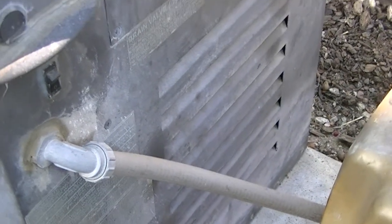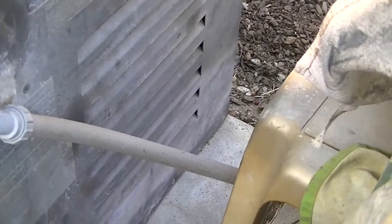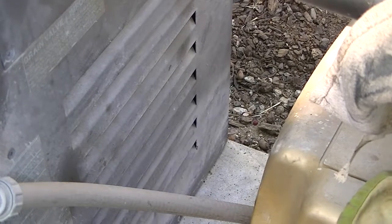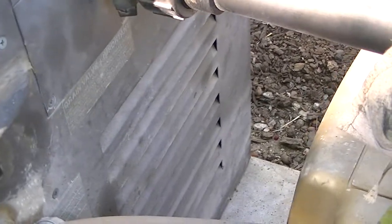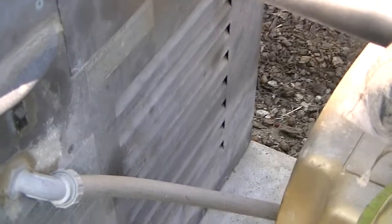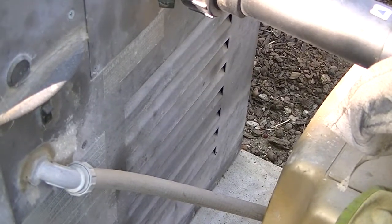to keep the water out. But I noticed a couple of years ago that there was water coming out of this corner here. I was like, oh man, for sure I've got a leak in my heat exchanger. Man, it's $3,600 or something. Was not looking forward to that